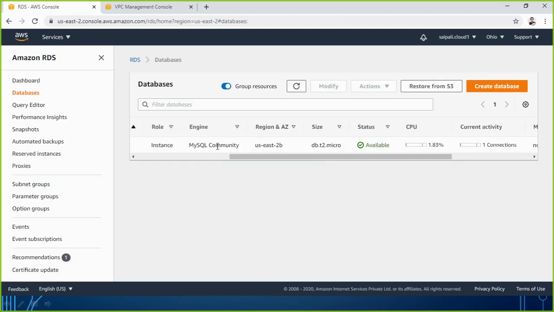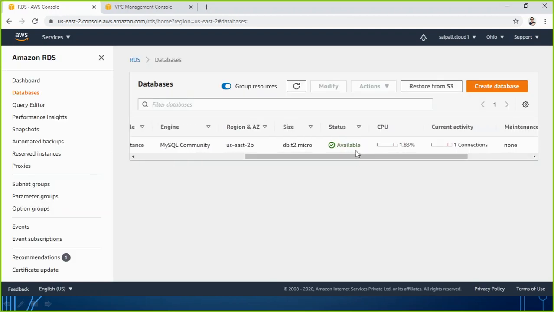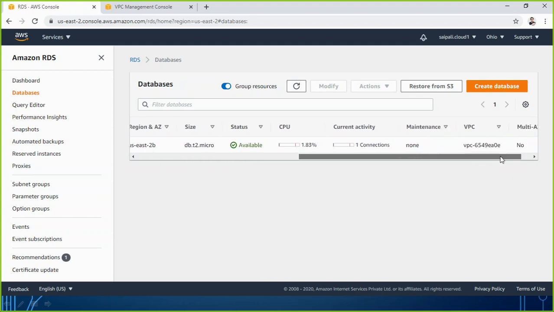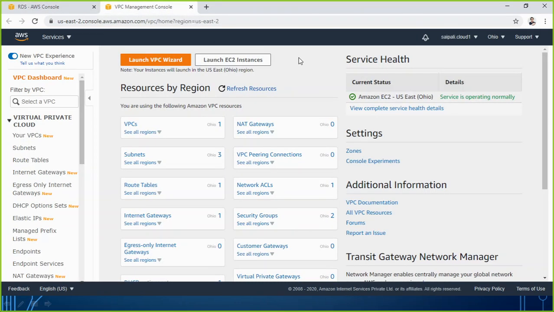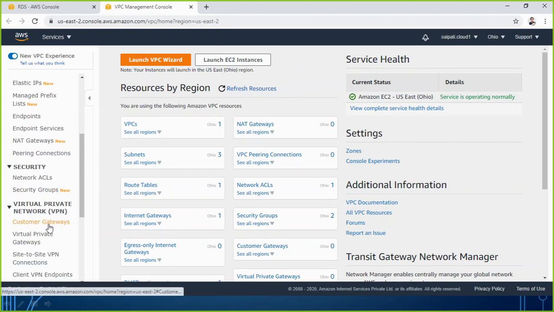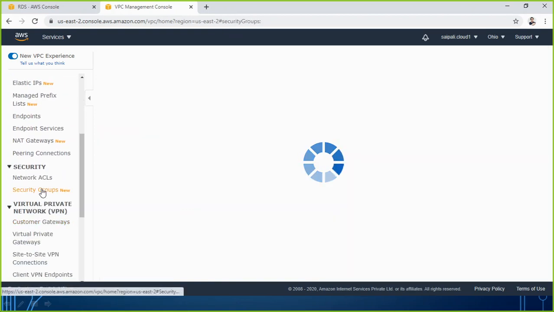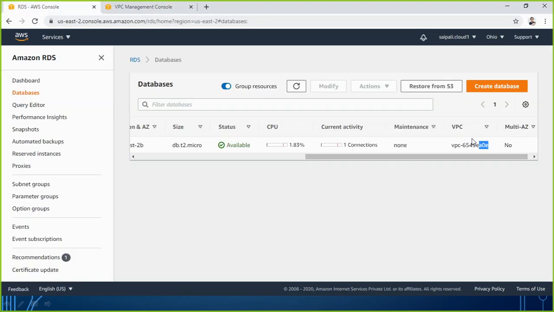So we have our database there and it is available, CPU and all it is showing me right now. Everything looks okay. It is connected to VPC AOE. I think it is something different. What is the security group here? Let me check. But this is telling me, sorry, VPC, no?